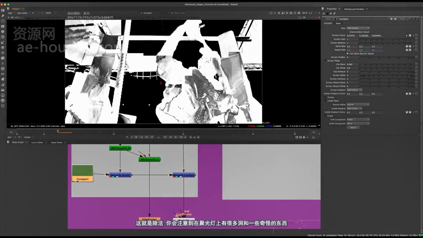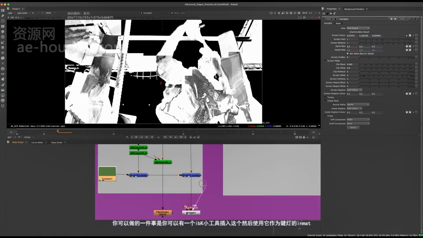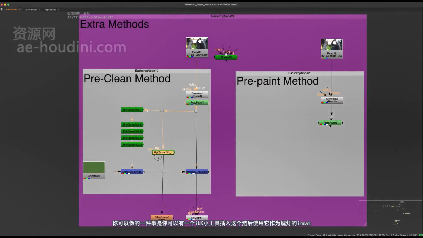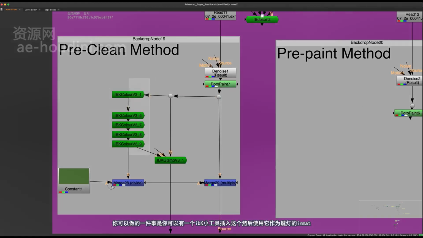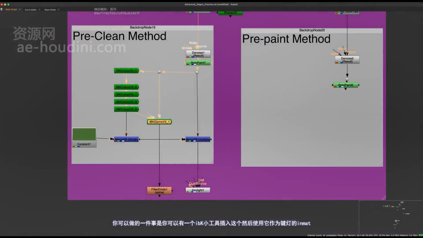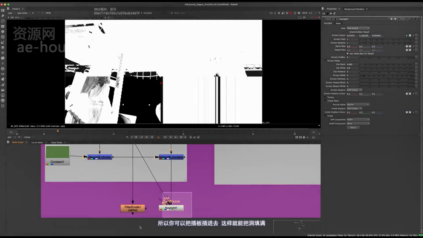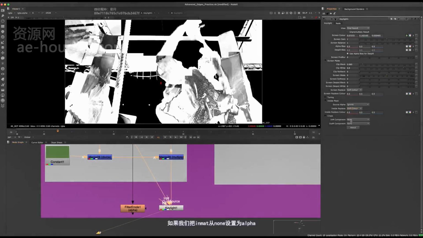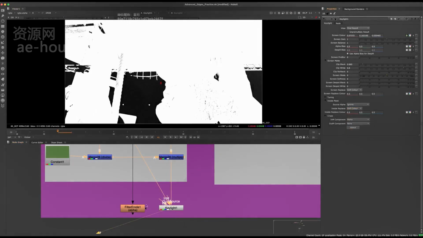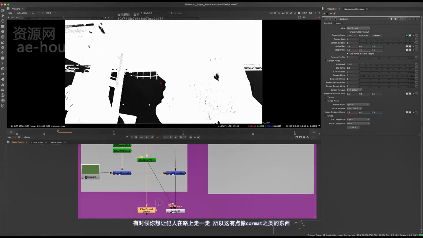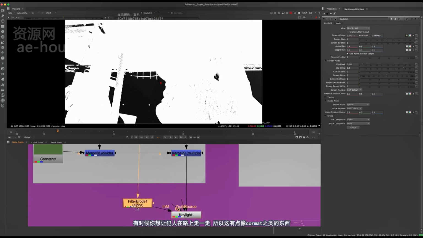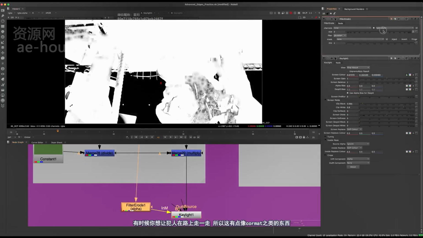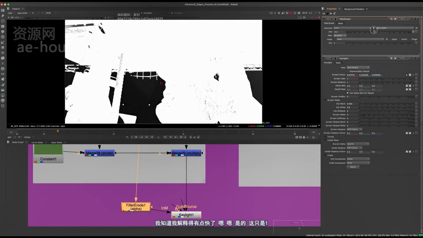You notice that there's a bunch of holes and crazy stuff going on in the key light. One thing you can do is have an IBK Gizmo plugged into this, and then use that as the in mat for this key light. You can plug in the in mat, and that would fill in the holes if we set the in mat from none to alpha. Sometimes you want to erode that in mat in a little bit, so it's kind of like a core mat type of thing. I know I'm explaining this a little bit quicker,